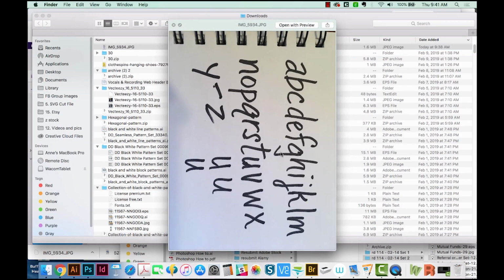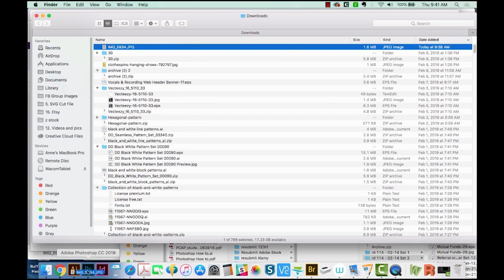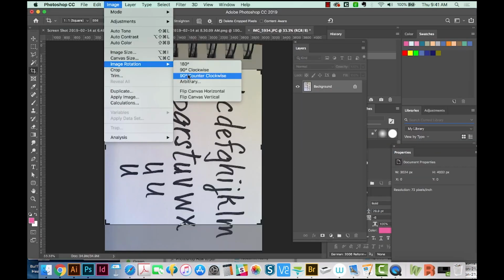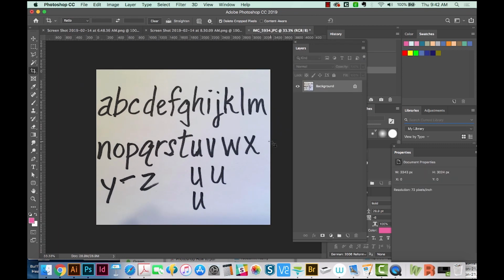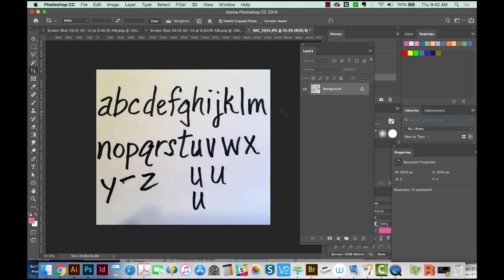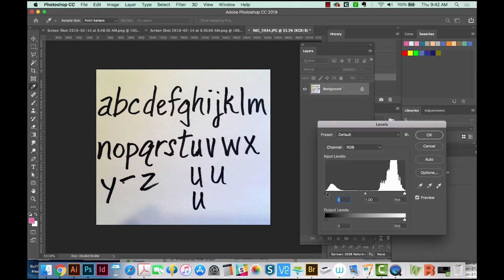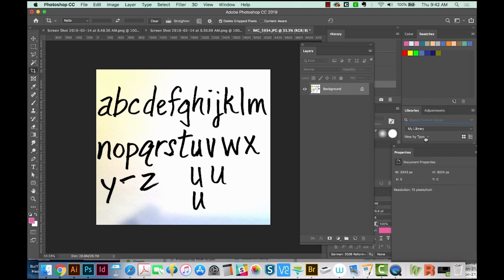All right, so I just wrote out this font with a Sharpie, and first I'm going to bring it into Photoshop, and we will rotate this, crop it a little bit, and then I'm going to hit Shift-Command-B, and that does an auto color on it. Then I'll hit Command-L and change my levels a little bit so I can get all the white stuff to white and all the black stuff to black. And that's probably pretty good. So I'll save this,